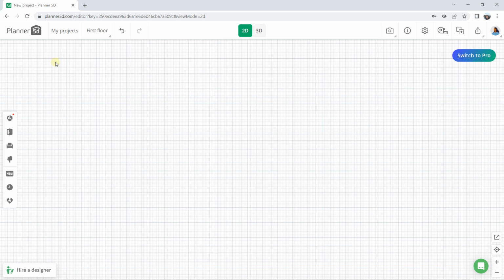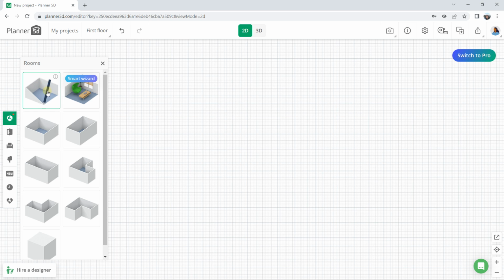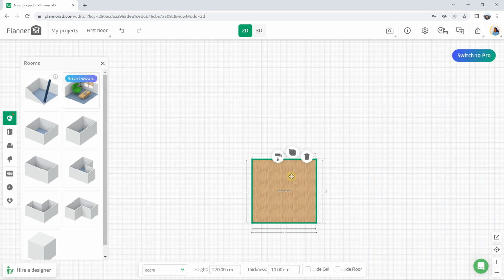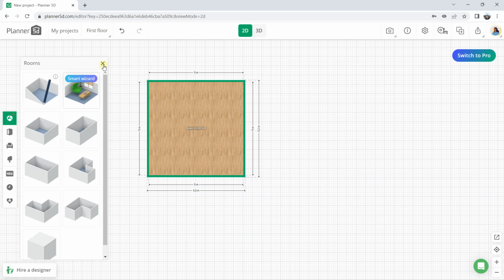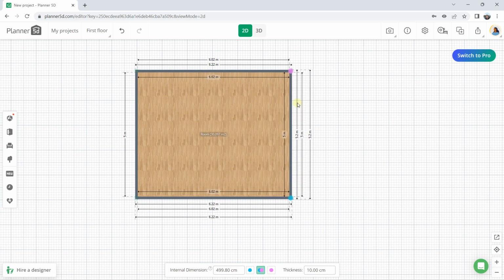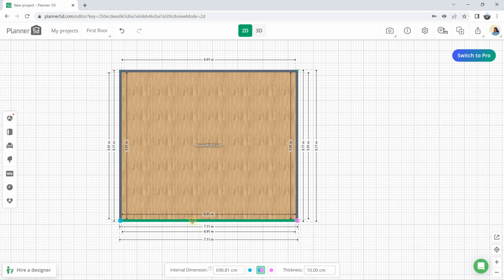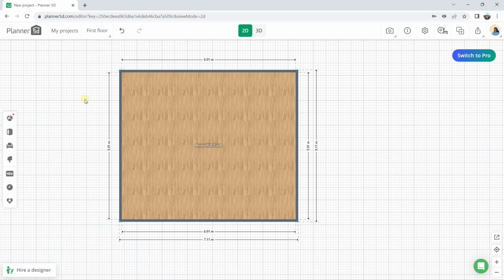So let's start with Planner 5D and how to add furniture. The first thing that I'm going to do is to click on this area, and just here you can create a room or you can draw walls. First I'm just going to create a room just here, and I can select this room. I can make some adjustment with the wall. I can extend in this direction, or again this direction, like that. So now I have a room with around 40 square meters,